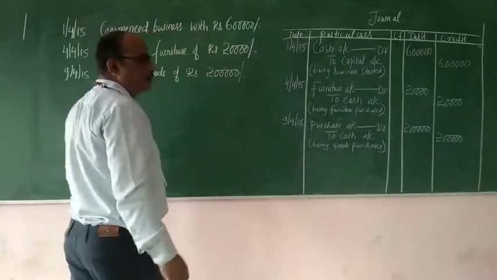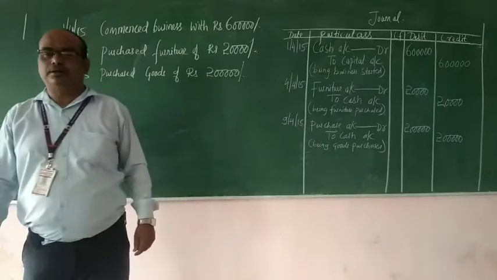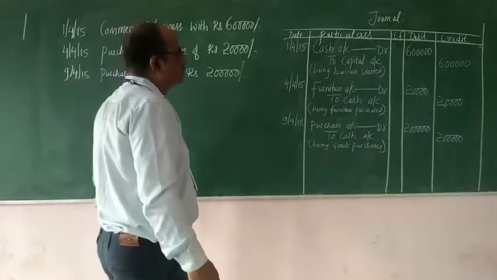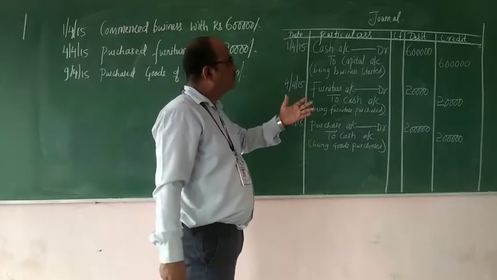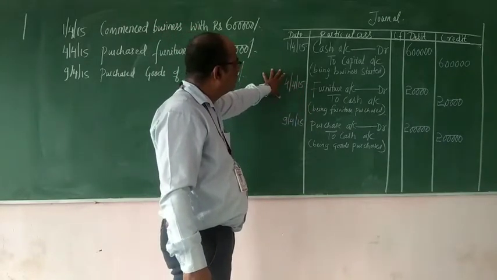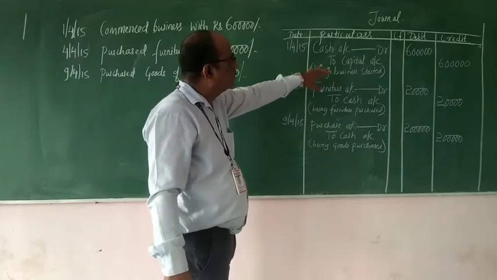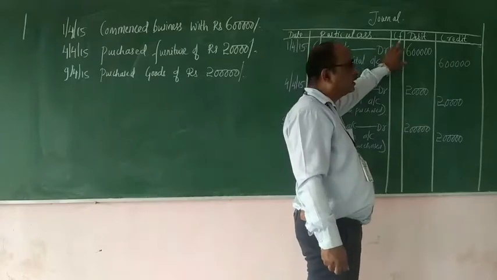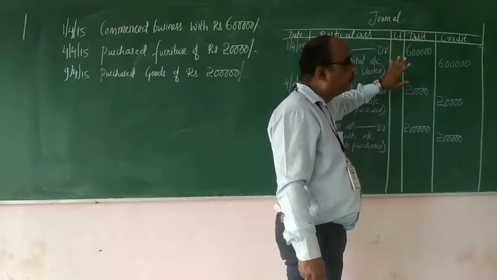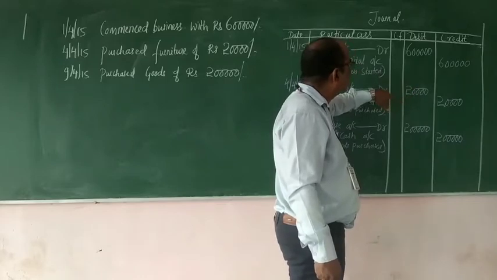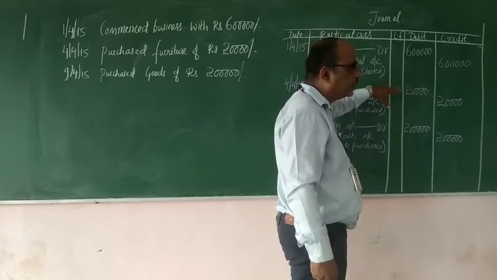So that you are all understanding how to put that in the journal. If you go and ask in the stall for a one day book or journal book, the pages will be like this only. The format will be: date, particulars, LF, debit, credit. Now you need not worry about the LF. LF means ledger folio. You will come to know this in the next chapter, when you will learn the ledger, posting to the ledger.